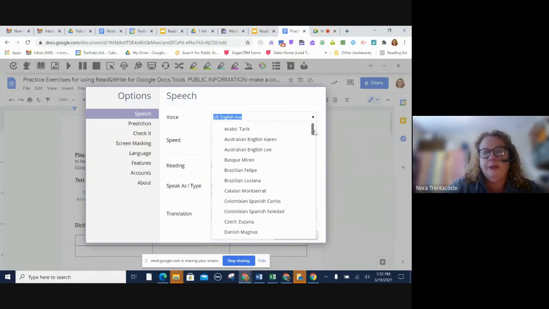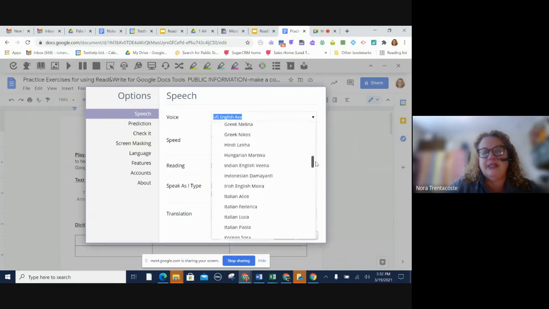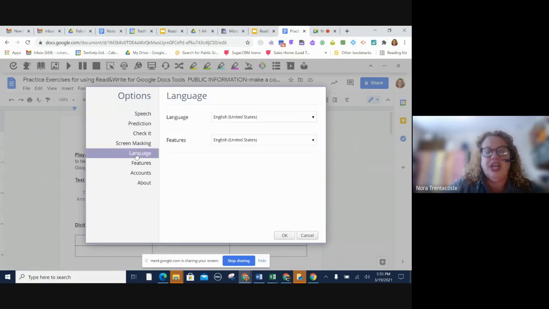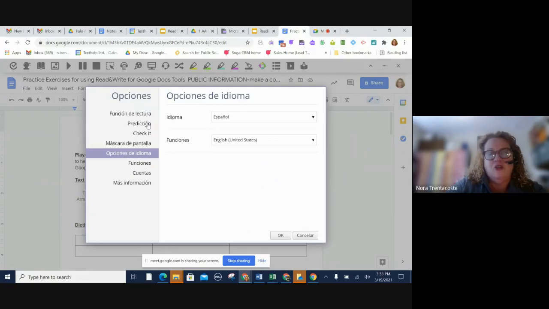So like the most popular Spanish voice is Mexican Spanish Paulina. She sounds like an average West Coast Spanish speaker. If I wanted to do work in Spanish and I went over here to where it says language and I chose Spanish, I don't know if you noticed that my features over here changed. So I can change my features now to Spanish. So for this group of languages, I can actually have the word prediction, the dictionary, the picture dictionary, speech input,